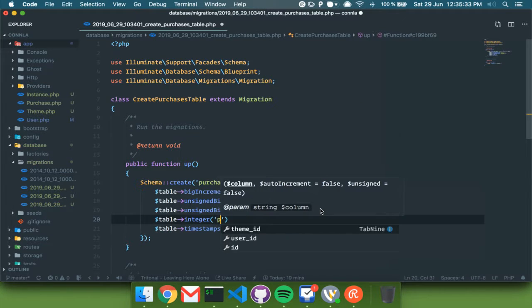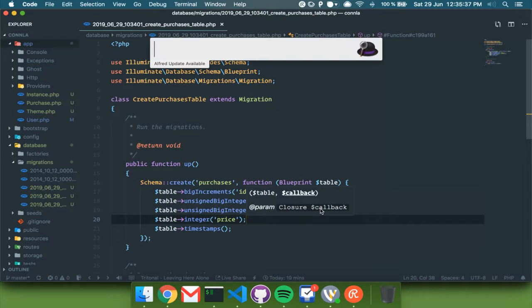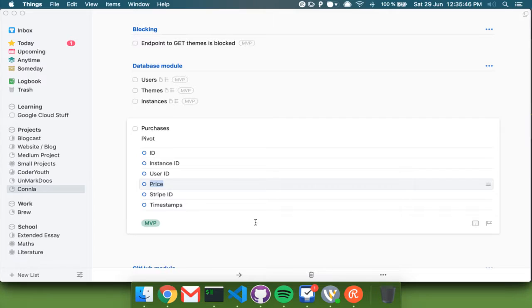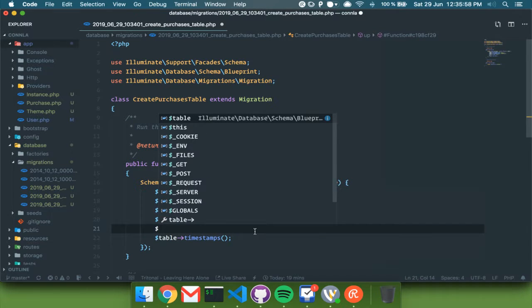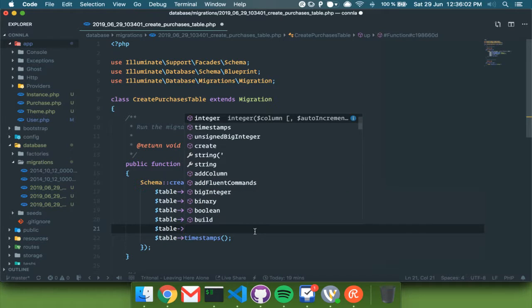I normally store this in US dollar cents, because that saves me all the hassle of dealing with currency conversion and having floating point numbers and all that. So this is done, this is done, this is done. Stripe ID, the ID of the Stripe transaction for that purchase, I'm going to add even if we don't use it yet. So table string